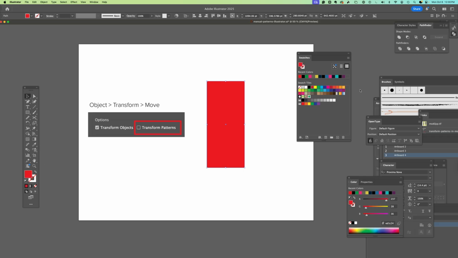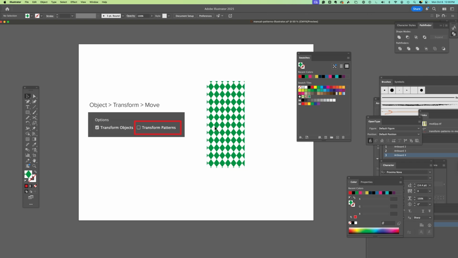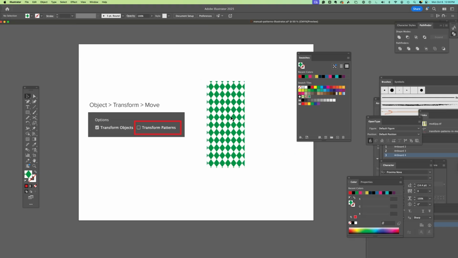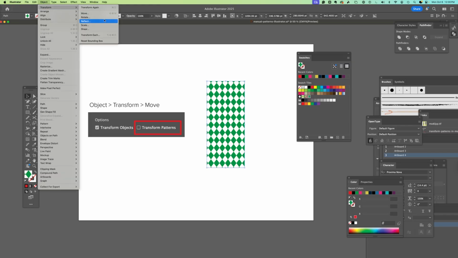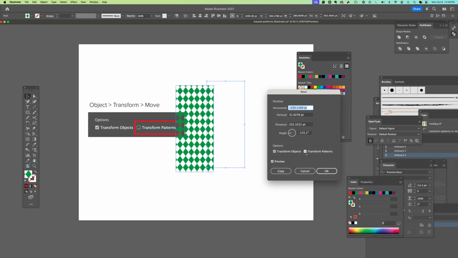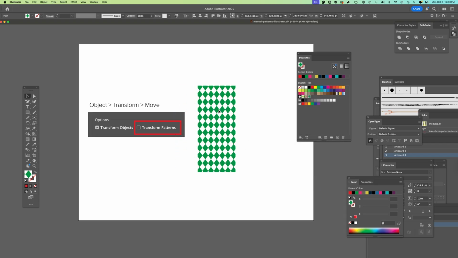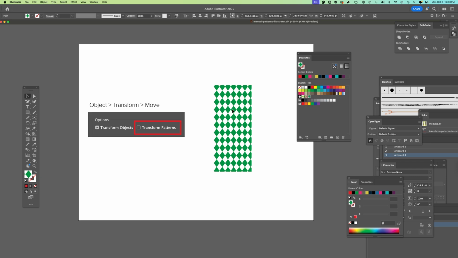So how could this be helpful? Let's say I make a rectangle. I fill it with my pattern. And I want my pattern to actually start over here to the left. You don't want to come into your pattern and start trying to change it here. What you actually want to do is just change how it's aligned per this rectangle. So how I do that is, make sure I have my object selected, Object, Transform, Move, and we're going to uncheck Transform Patterns. And that's going to allow me to move my rectangle around. So now I can move it